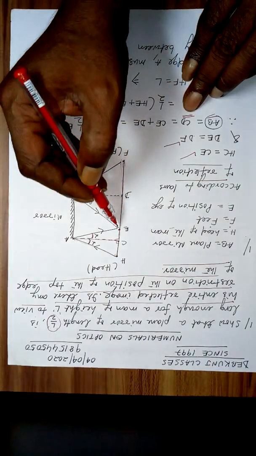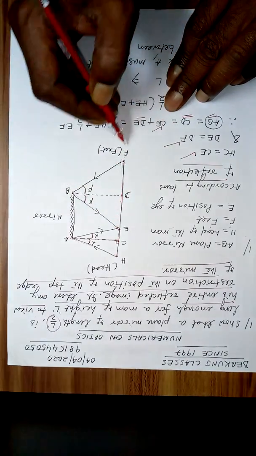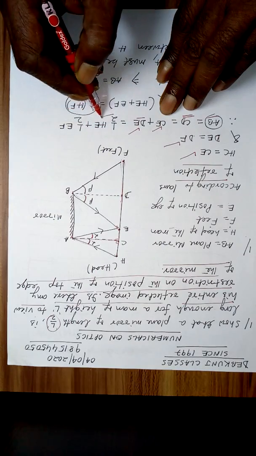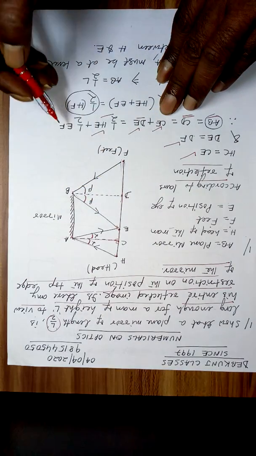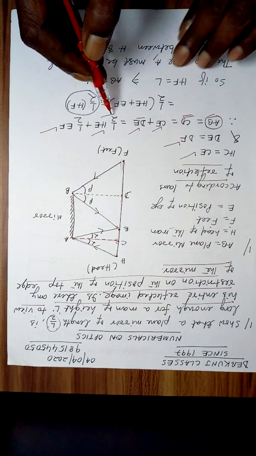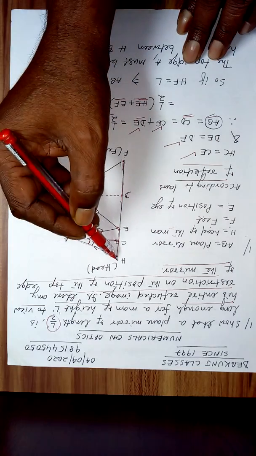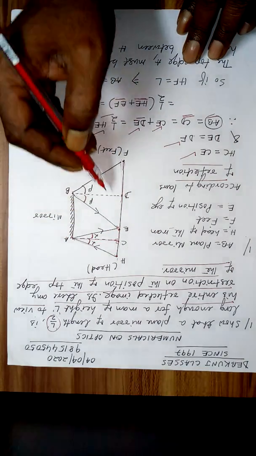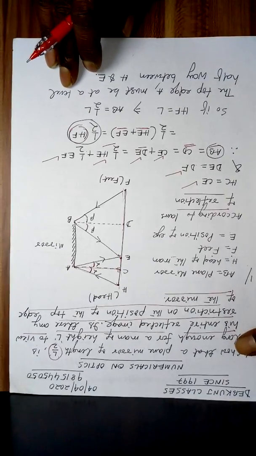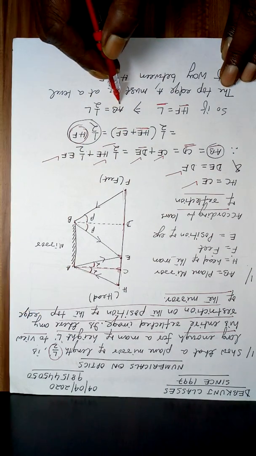Now CD is equal to CE plus DE. Now CE is half of HE, and DE is half of EF. So I take half common, and I am left with HE plus EF. HE plus EF is equal to HF, that is nothing but the height of the man. Now if HF is equal to L, as it is given, the height of the man, therefore AB is equal to